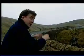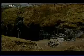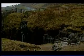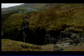Now this is why this is called the Buttertubs Pass. These are the Buttertubs here. They're big holes in the ground caused by years of precipitation eroding the carboniferous sedimentary limestone. Now the important thing to remember about this geological...